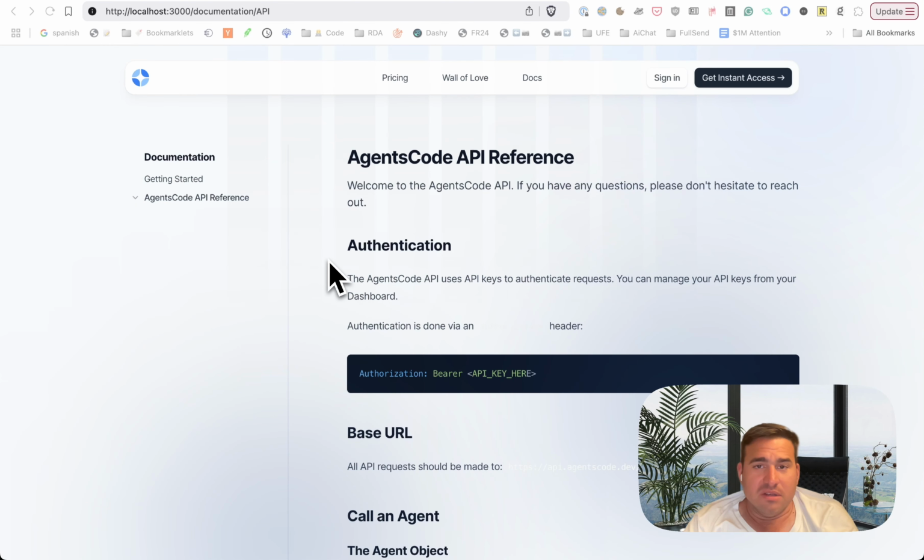I made a lot more progress this weekend on what I'm gonna call full launch ready. So I've done kind of a soft launch for AgentsCode, my AI agent API service. And the feedback has been crickets. I mean, there's been like no feedback. It sucks. So that tells me I'm not getting in front of enough people, or I'm just building stuff nobody wants. And that's possible. That is very possible. But I suspect people just aren't seeing it, and the thing is just not fully ready